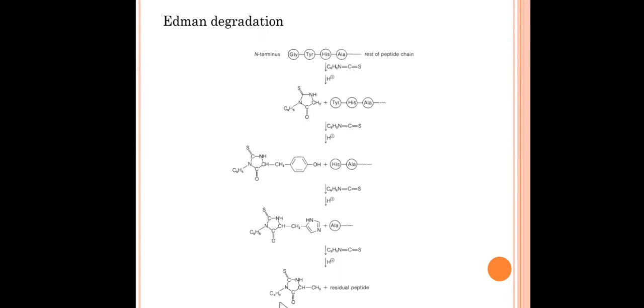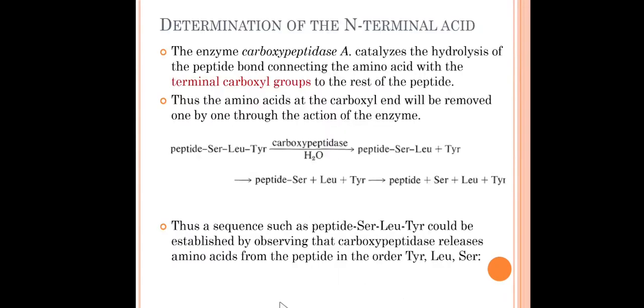Now friends, let's see how we can determine the C-terminal. Okay, this is a mistake over here. It should be C-terminal amino acid. So now we are looking for the C-terminal amino acids. This is a very complicated method, as there is no such reagent that can easily identify the C-terminal amino acid, but the enzyme called carboxypeptidase A